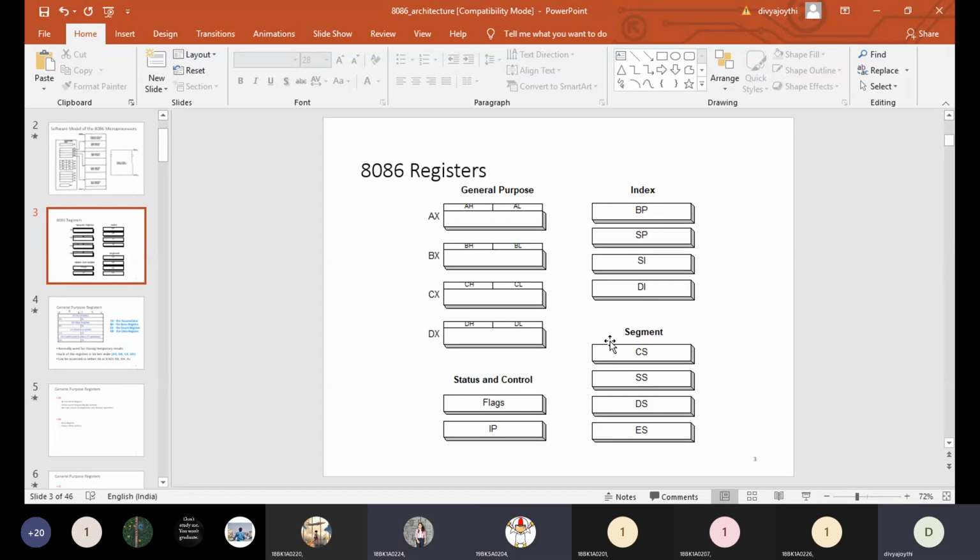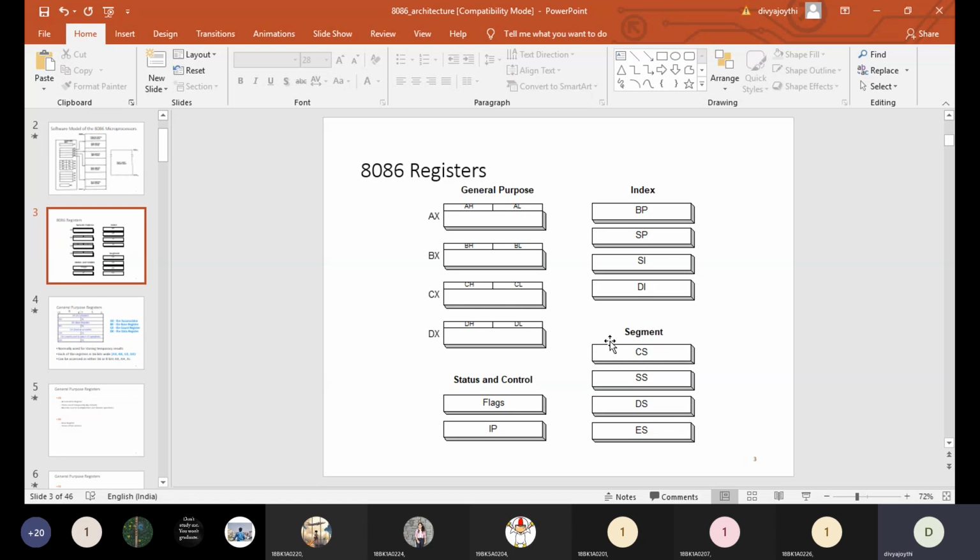Stack data is temporarily stored data that is not going to be used by us, but will be used by the processor whenever it requires. That kind of data will be stored in the stack segment. Coming to the data segment, the input and output data, whatever inputs we give while dealing with the processor and whatever output the processor gives, these kinds of things will be stored in the data segment.